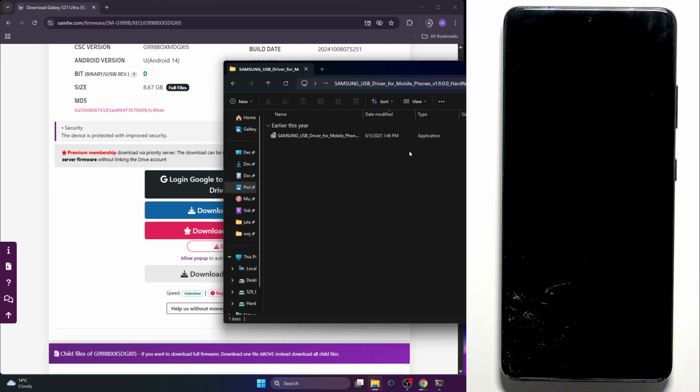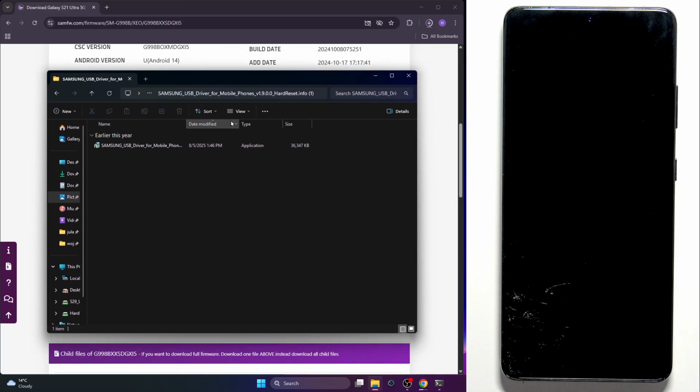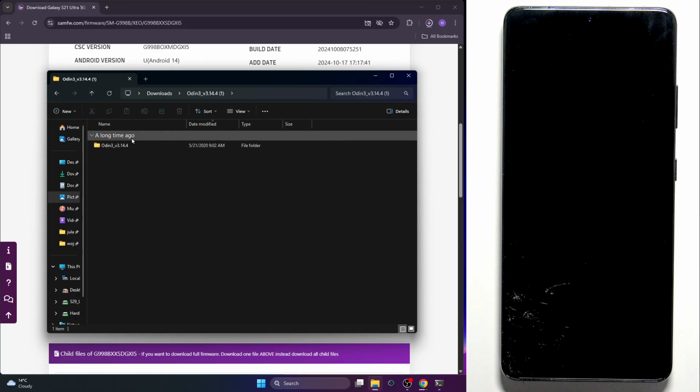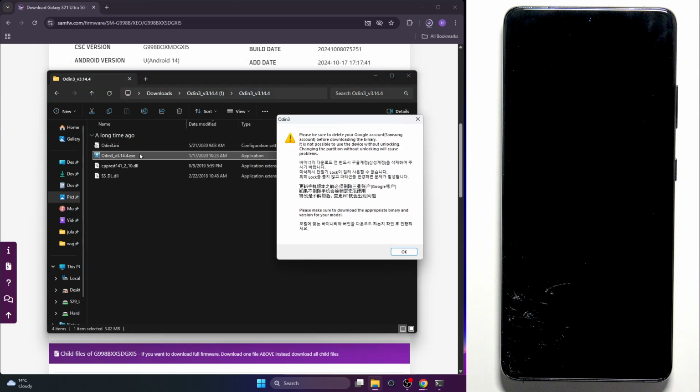And now let's get to the Samsung USB drivers first. Open the file. I'm not gonna do it because I already have the file installed. I've installed it today, but if you've installed it in the past or never, you should install it. Then once it's done, remember to restart your computer because otherwise it won't work. Now, once you have it installed and your computer is restarted, you should be able to go to Odin, of course,